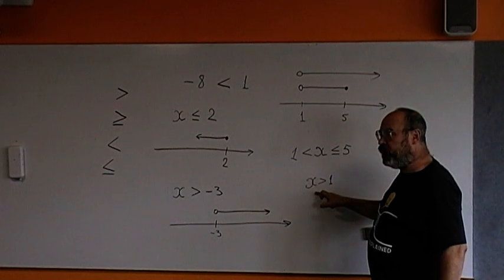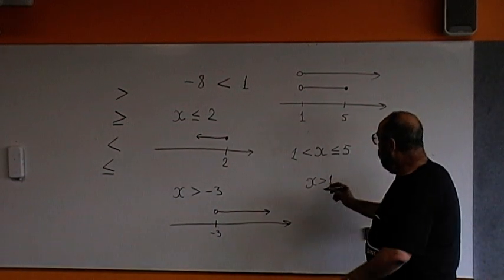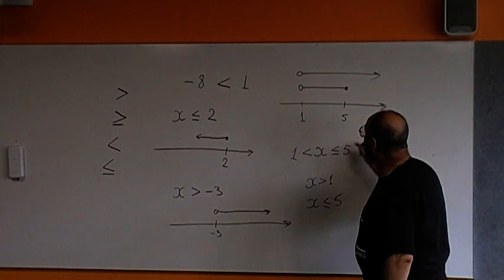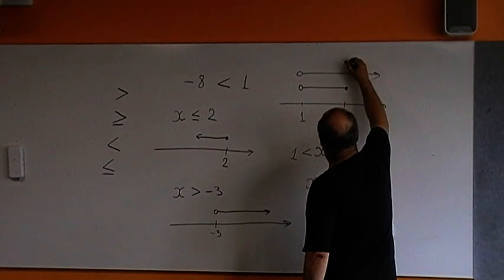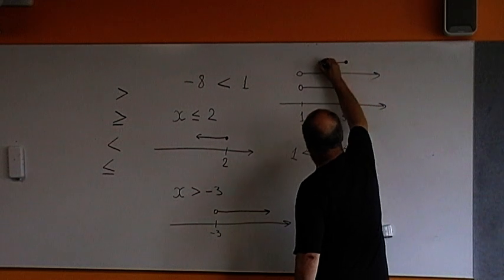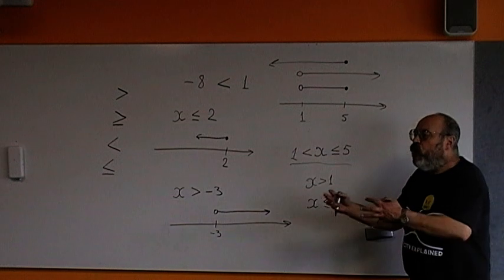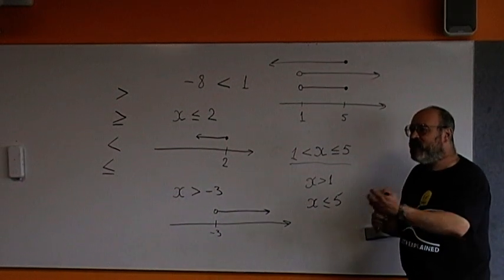Now, if we consider x less or equal to 5, that will be any number, including 5, to the left. But now this means they overlap. At the same time,